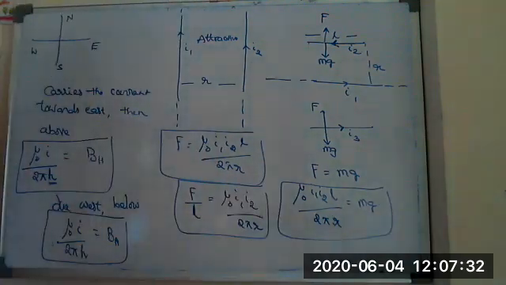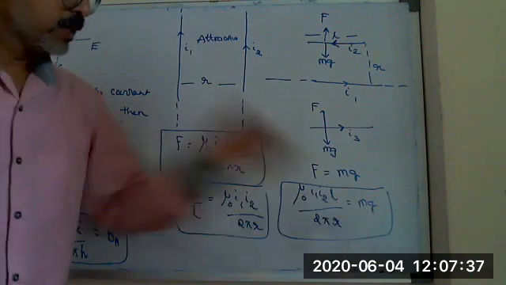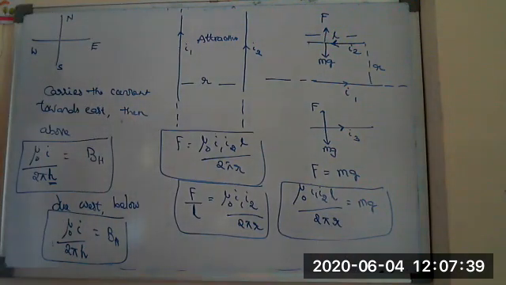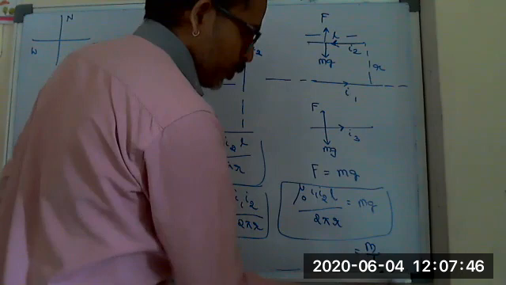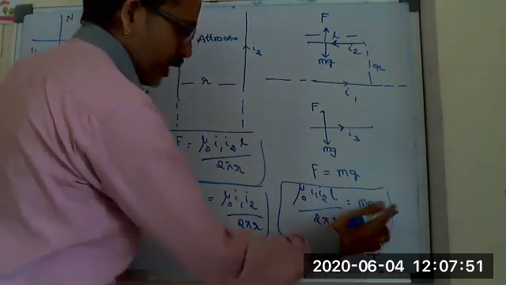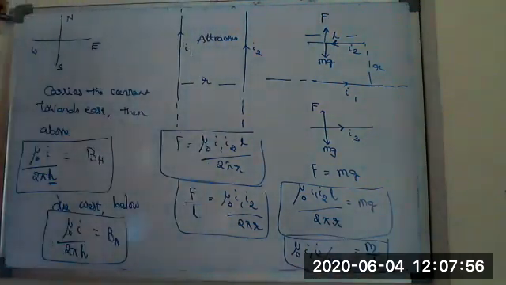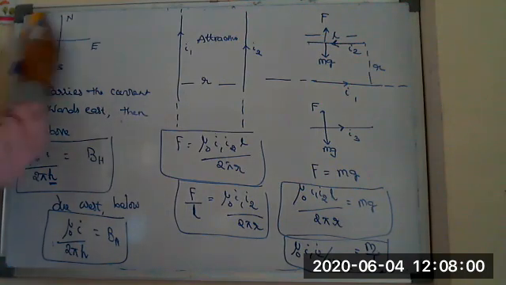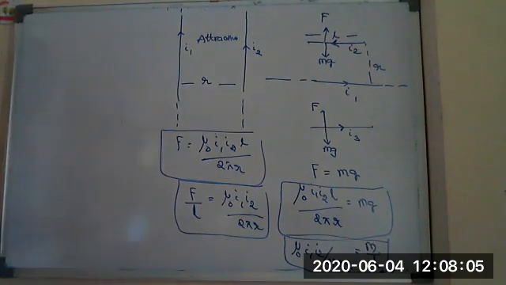In this model, they may ask the mass per unit length. Mass per unit length is nothing but what is called linear mass density in your waves chapter. So they may ask mass per unit length also. M by L is equal to mu naught I1 I2 by 2 pi r into g, with g taken to the other side. Anyone you can solve now, depending upon the question. This is one more model related to the force of attraction between the conductors.